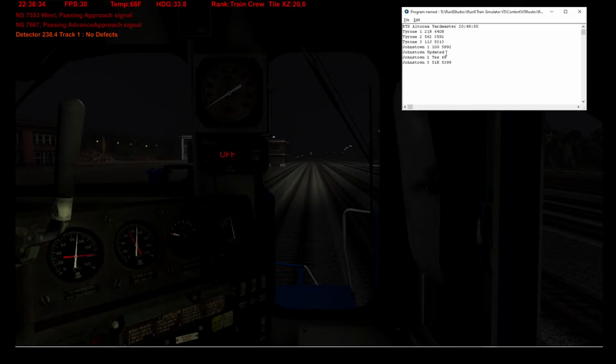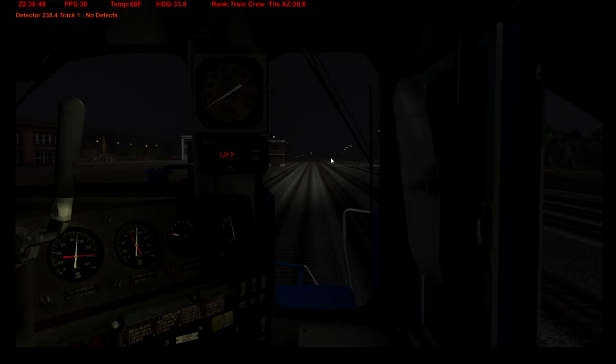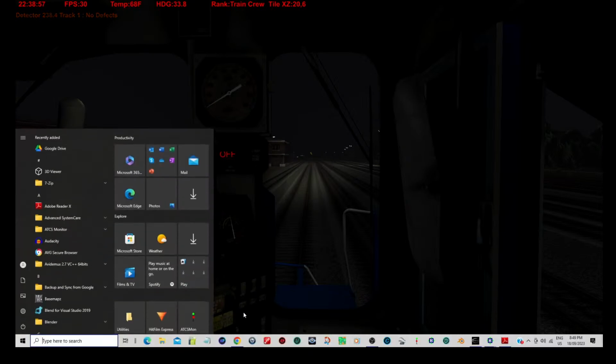So I got a train that's 5,992 feet that is heading this way. And then just after that, the update goes away, and then it just goes ahead and does that. We want to get our handle on the other one as well. So